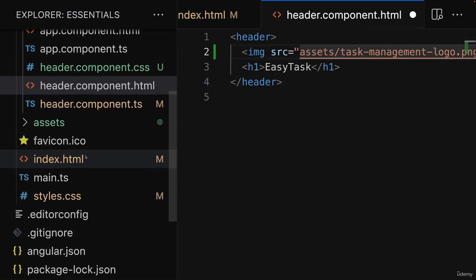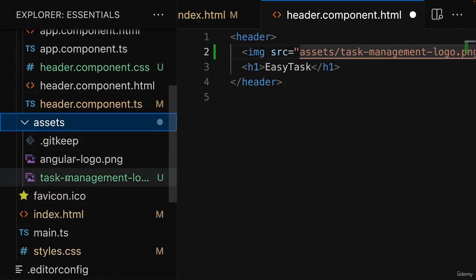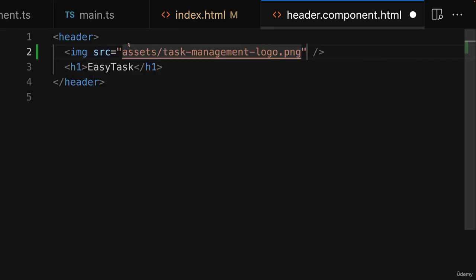So to that file you find attached to this lecture, this task management logo PNG file. It's in the assets folder, so that's also the path we set up here. And Angular will then make sure that it gets loaded onto the page correctly. We can also set up some alt text here, like a to-do list, because that is what can be seen